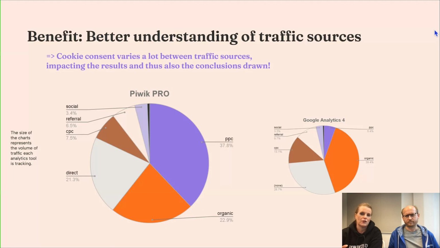And the sizes of the charts here are such that the Google Analytics chart is smaller, as it actually captures a smaller part of the traffic. But when we get the entire traffic tracked by using Piwik PRO, then we get more traffic, and first and foremost, we get accurate data on where the people are coming from. So this tells a really different story depending on which of these two tools you are looking at.